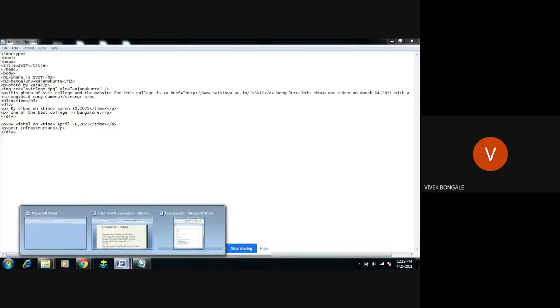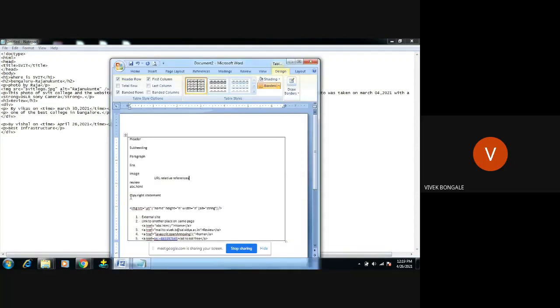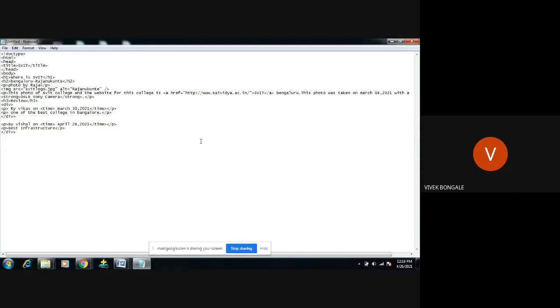At last, the part I want is the copyright statement. This web page has some copyright, right? If any other person uses this same code, he may face some infringement issues. So how do we display the copyright symbol?